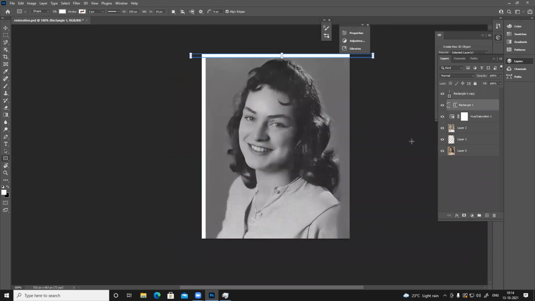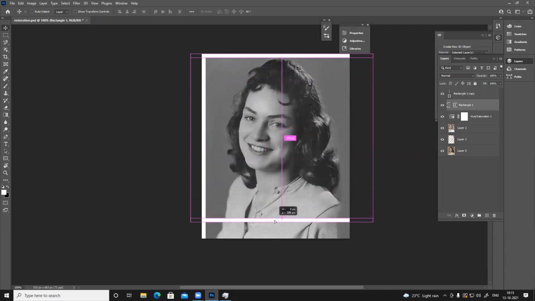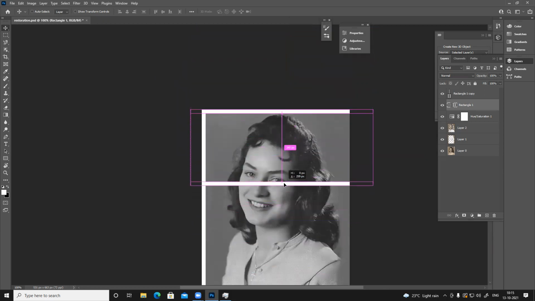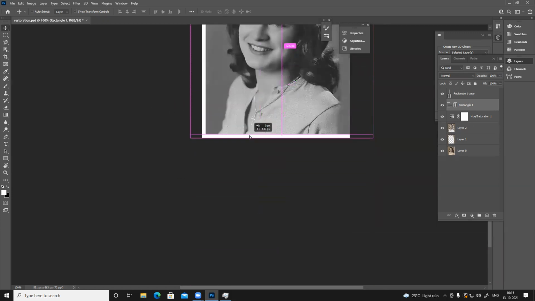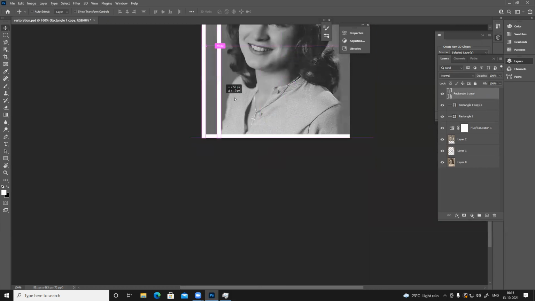Now this one, I have to duplicate. So press V for the selection tool. If you press Alt and click on the layer and drag it, it will duplicate the layer automatically. By default, you can move anywhere. With Alt, if you hold Shift, it will snap. You can go only left, right, or vertically or horizontally. You cannot move anywhere else. Snap. Done. Same thing, holding Shift. Yeah.